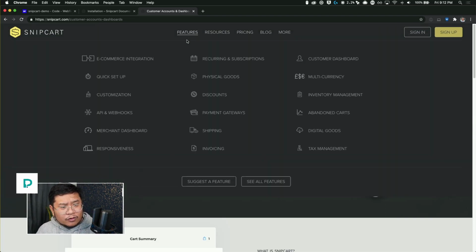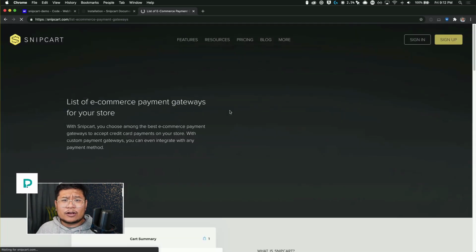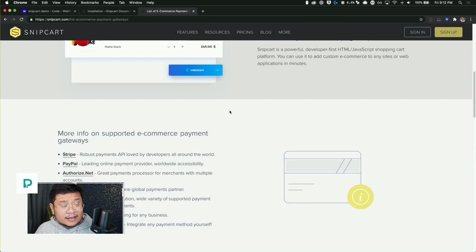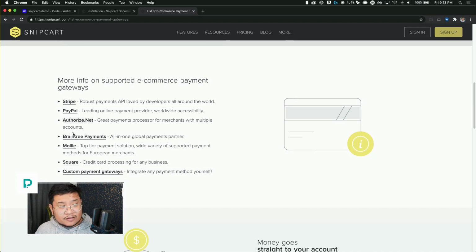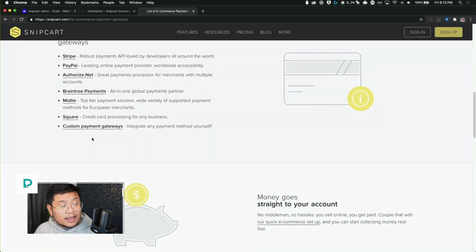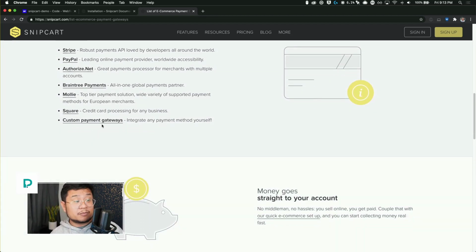And also, there's abandoned carts and payment gateways. If you want to do something that's not PayPal or Stripe or Google Pay or Apple Pay, you want to do something different, then yeah, they support all of these as well: Authorize.net, Braintree, Mollie, Square, and other custom payment gateways.